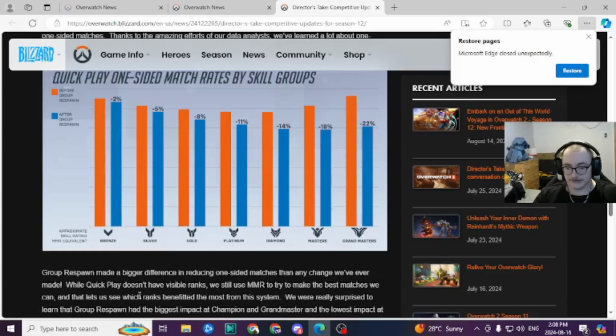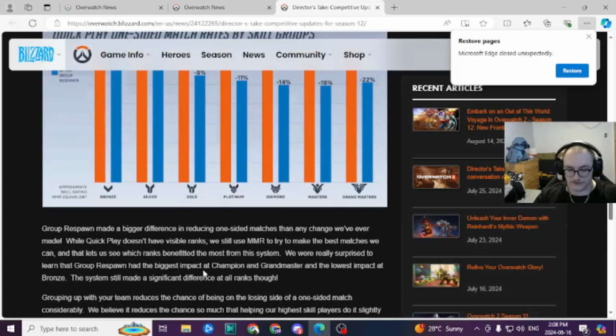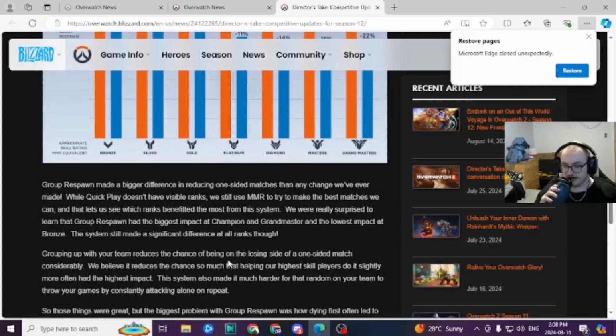We were really surprised to learn that group respawn had the biggest impact at Champion and Grandmaster, and the lowest at Bronze. The system still made a significant difference at all ranks though. Grouping up with your team reduces the chance of being on the losing side of a one-sided match considerably. Really, it reduces the chance so much that helping the highest skill players do it slightly more often had the biggest impact. The system also made it much harder for a random team to throw your game by constantly attacking alone and